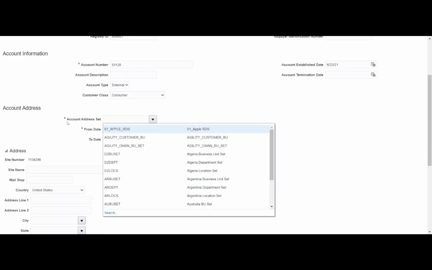Here, if you see, we have something called account address set. When we were creating the business unit, we saw that we have a reference data set. Even without a reference data set, I can use the business unit to manage all those configurations.